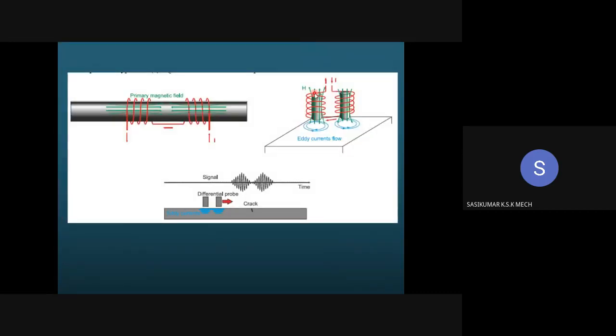So this was the differential probe used. Here, for example, when you move a differential probe, the first coil will have access to the crack, whereas the second coil will be at the good material area, so that it has two kinds of data for comparison.